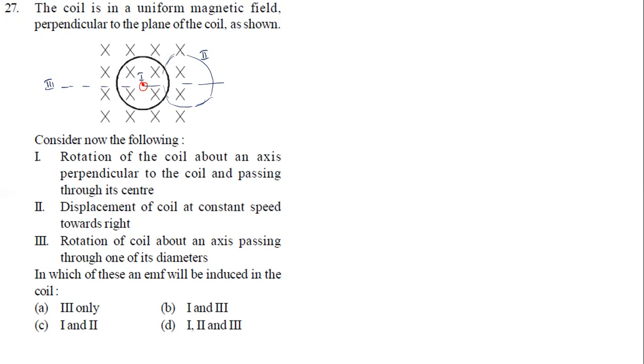Look at the first case. Since the coil is rotating there only, flux is changing. Flux is not changing, because the area remains constant. So flux is not changing means in the first case there is no induced EMF. So induced EMF becomes how much? 0. So wherever there is the first option, that should be removed. So this is not the correct answer because the first option is there.